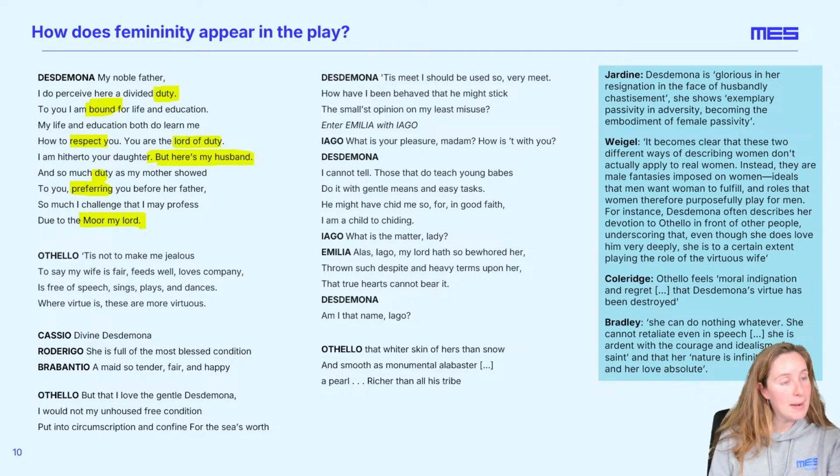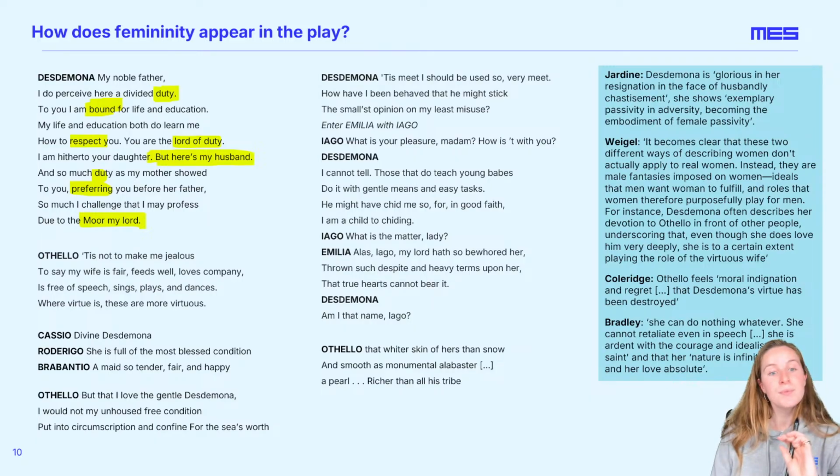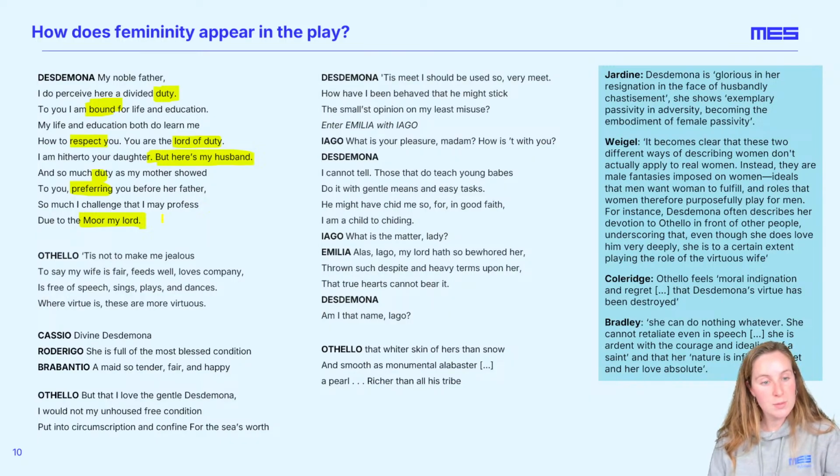Then I say the same: I am fulfilling being a good wife by wanting to be with my husband who I've married. And this idea of lord, right? Not that Desdemona isn't a lady, but this idea of my lord, this idea of power and control through these referential strategies here. Othello also says, "'Tis not to make me jealous, to say my wife is fair, feeds well,